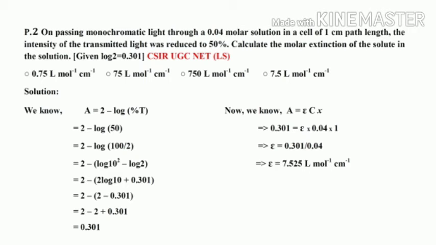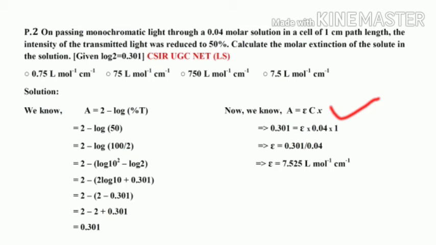Okay, and A is equal to 2 minus within bracket 2 minus 0.301, and simplifying it, we will get the value of A is equal to 0.301. Now again we know A is equal to epsilon Cx, so substituting the value of A, C and X